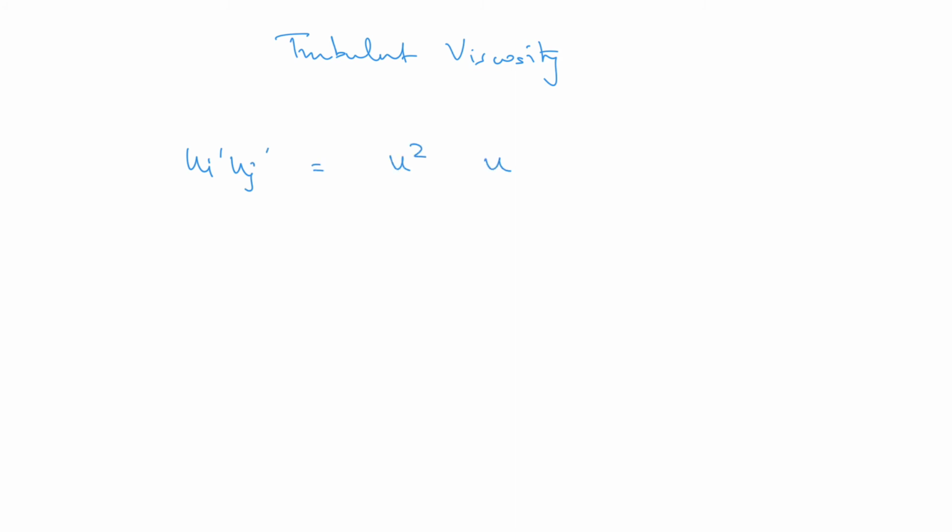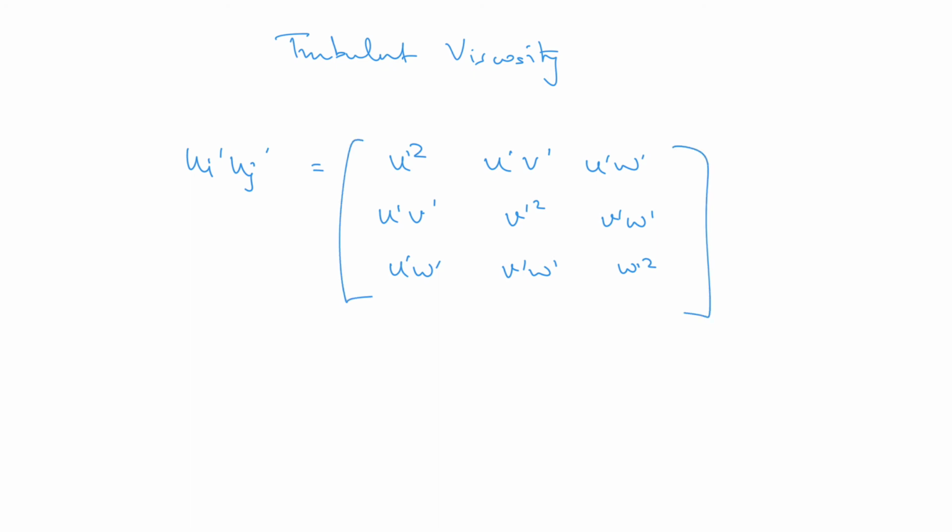U square, UV, UW, UV, V square, VW, UW, VW, W dash square. So you have this entire Reynolds stress tensor